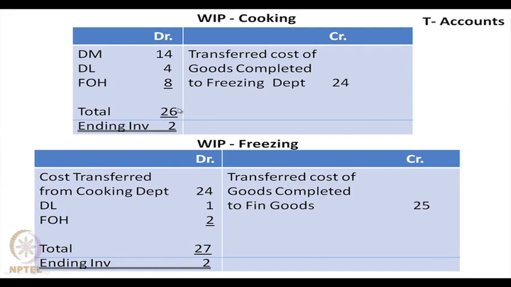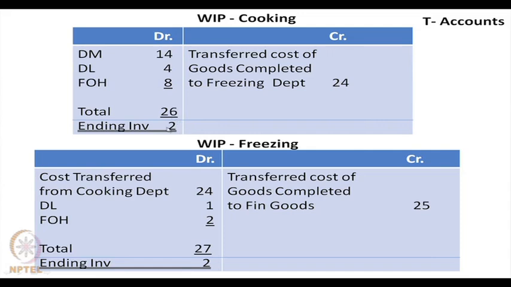Now, actually less quantity of goods were transferred. So, let it be 24,000. This 24 comes as a debit amount to the work in process in the freezing department. The remaining inventory lying in the cooking department,